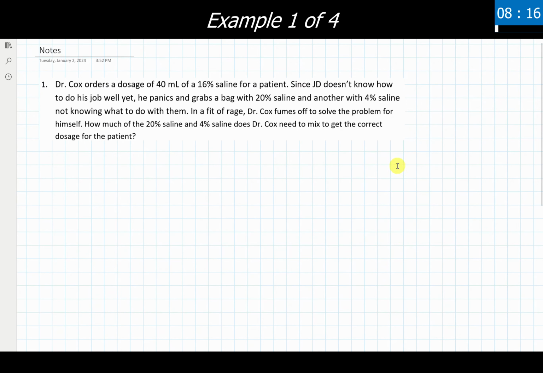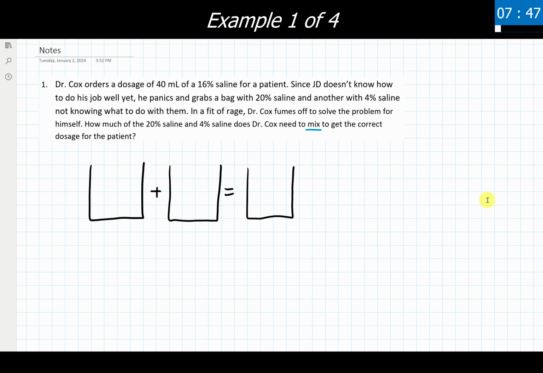So we have some buzzwords that are showing up here for us, specifically that we need to mix some things together. So this is a mixture problem, and I'm specifically working with percentages of things in here, so that means I'm going to make the buckets and use that to organize how I'm going through this problem. Again, this is just for me what I have found to be the most useful, an organized way of going through these mixture problems. You can use a table, or you can use something else if you would like to, but for me the buckets work best.